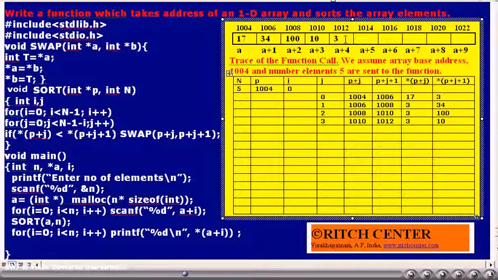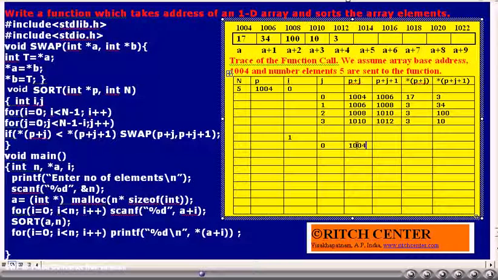Observe what happened now. When I value is equal to 0, the outer for loop got executed once. What happened now? The lowest element, that is 3, came to the end. That is, it is bubbled out to the end of the array. I value will be incremented by 1. Is I less than n? Yes. J value is again initialized to 0.